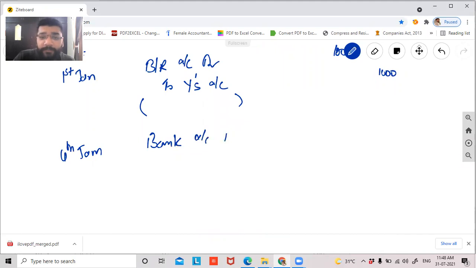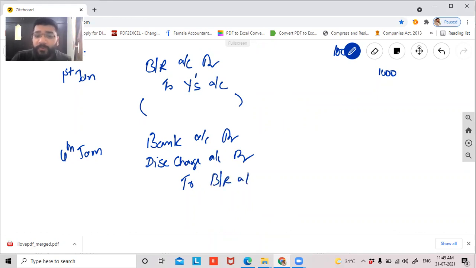So bank account debit. And the discounting charges, guys, initially we are paying, so we will record it first. Discounting charges account debit, to bills receivable, which is going out. We have sent the bills to the bank, so an asset is going out. Debit what comes in, credit what goes out. So the worth of the bill that has gone out is 1000 rupees. Of that, how much money has come back to me? 970 has come back and 30 has not come back. Why? Because this is the discounting charges.